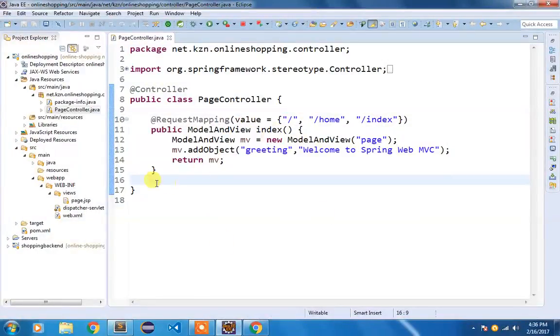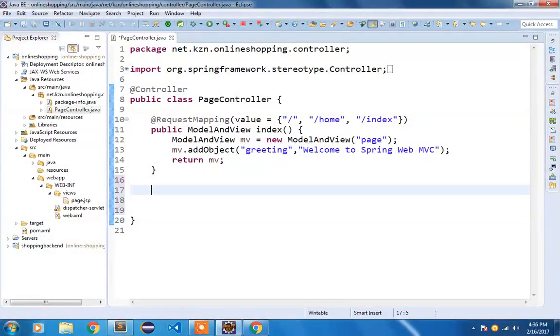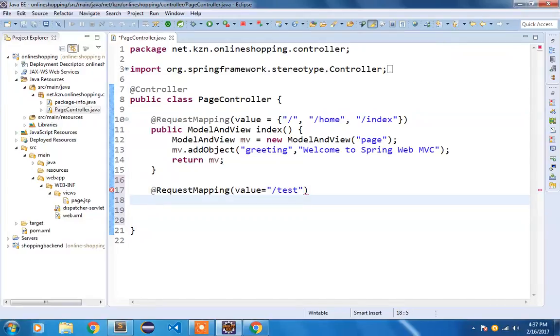So I'll open my previous project that we were doing. In my online shopping project, I'm going to create another request mapping, and the value I'm going to assign is test. Public.